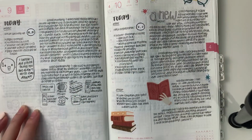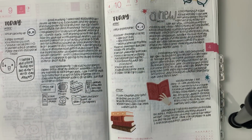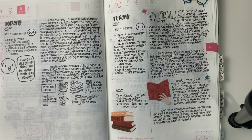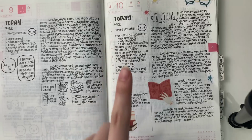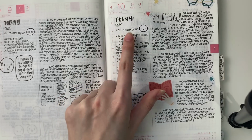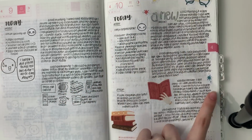Okay, I bought some treats for one of my customers in the US because she always sends me goodies from Trader Joe's and I wanted to send some things back, so this is what I picked up. On Monday, we finished Q1 pre-orders of the subscriptions, which I was so excited about, and these deco stickers are